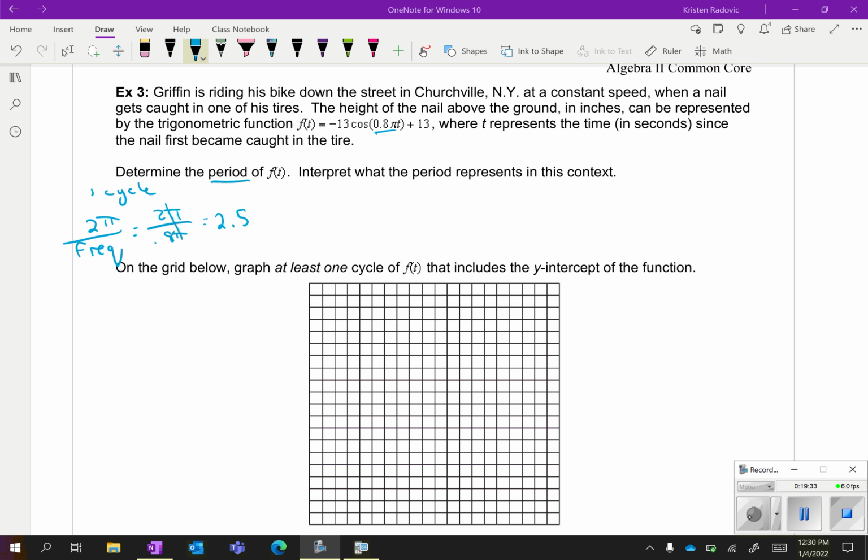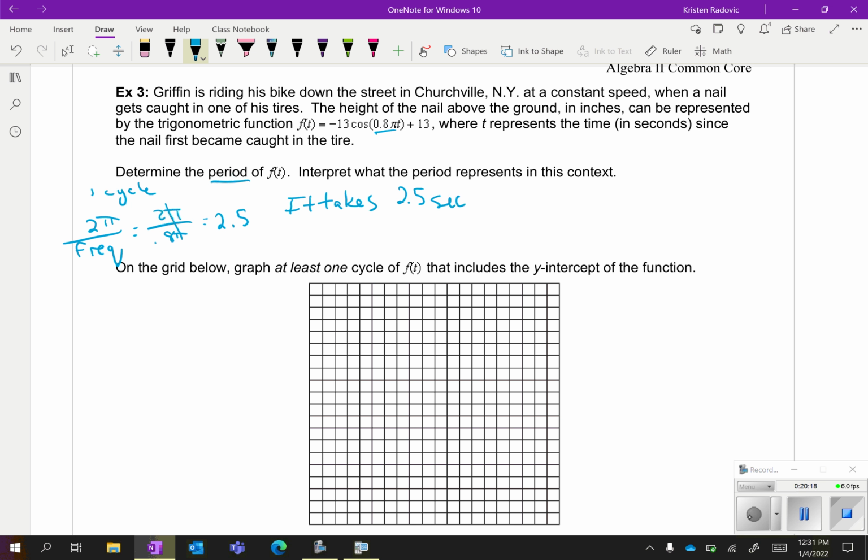So we're talking about a nail being caught in a bike tire. Tires go around in a circle, and it's periodic because that nail is going to go around. It's going to start from the bottom, right? Because the nail is going to get in at the bottom of the tire because the nail is on the ground. So we're talking about the nail going from the bottom of the tire around the tire as he's bike riding, and then coming back down to the bottom. So we're going to say it takes 2.5, we're talking about seconds,